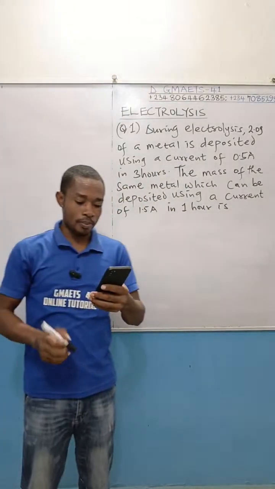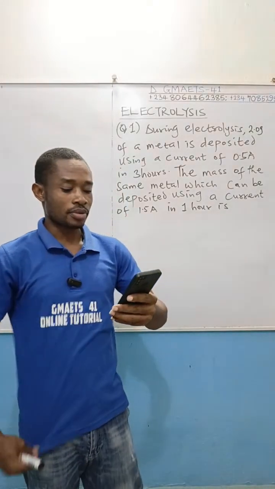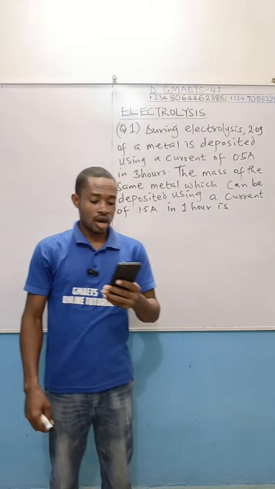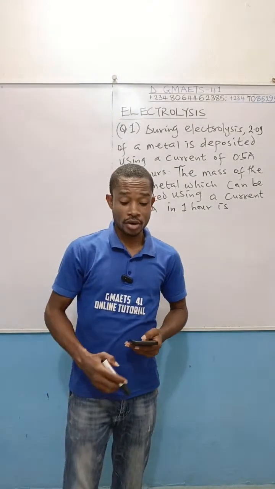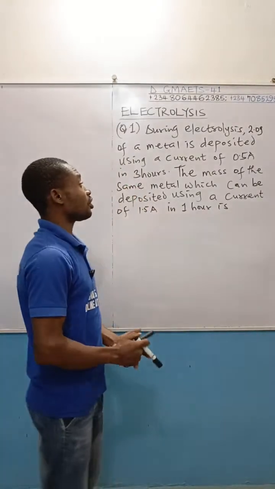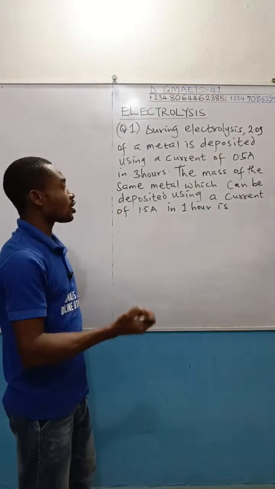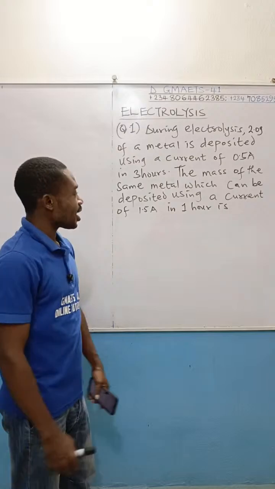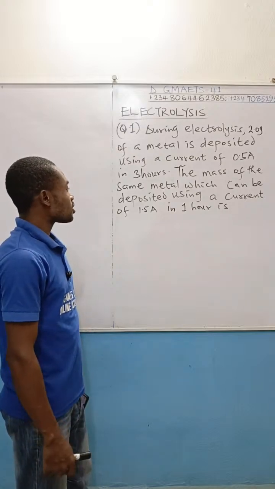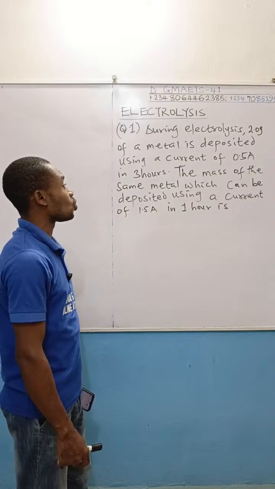Option A is 1.0 gram, option B 0.5 gram, option C 3.0 gram, option D 2.0 gram. So let us look at the question. During electrolysis, 2.0 gram of a metal is deposited using a current of 0.5 ampere in 3 hours. The mass of the same metal which can be deposited using a current of 1.5 ampere in 1 hour is,